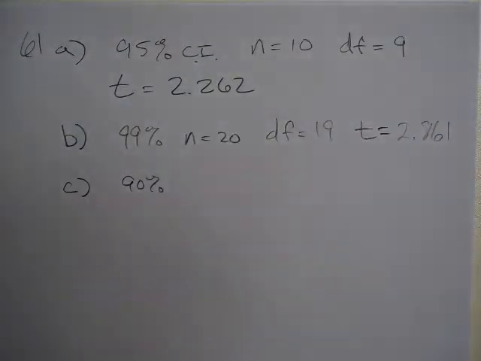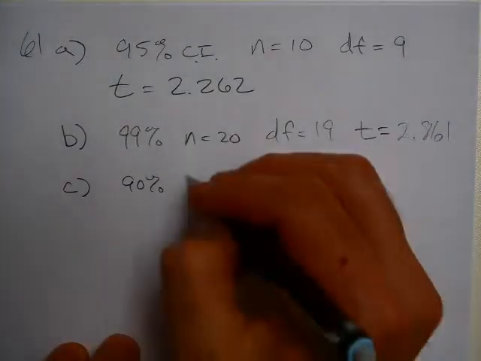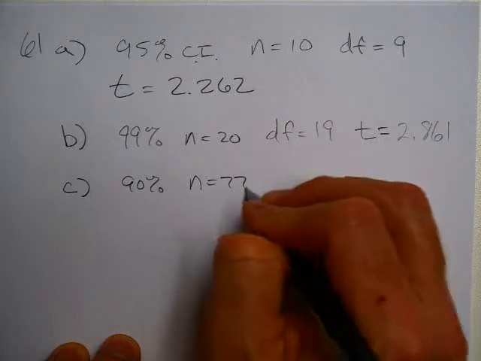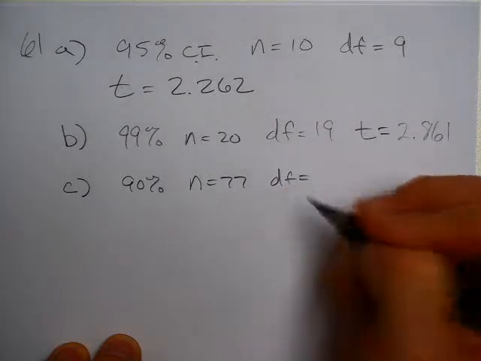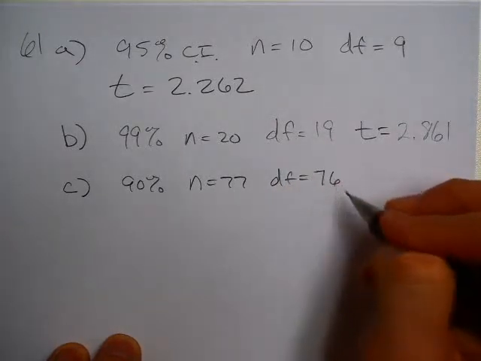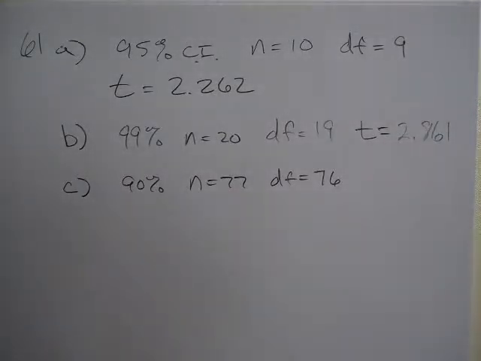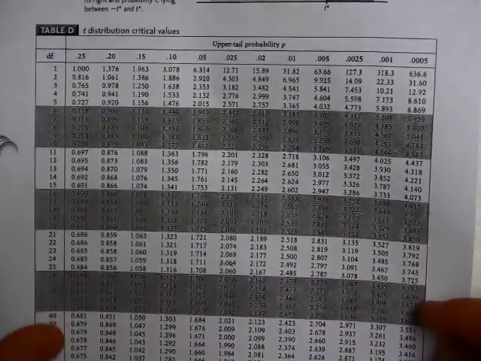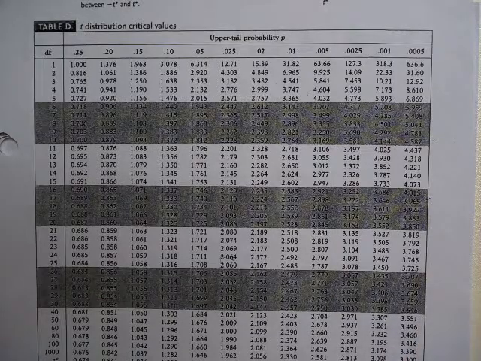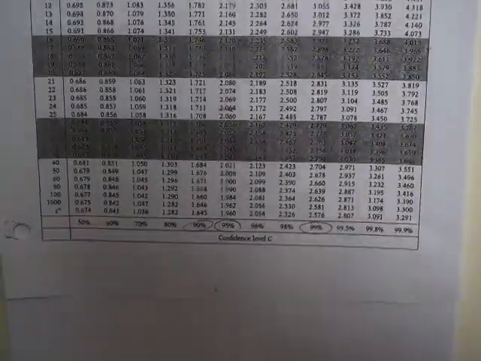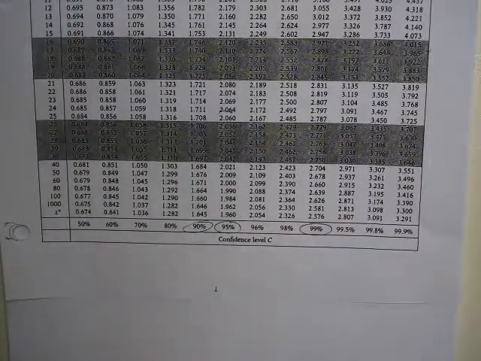I've got a random sample of 77. Degrees of freedom equals 76. Now I got a problem here. On the values, we jump from 60 to 80. So do I use the 80 or do I use the 60? 60. Good. We always round down. It doesn't matter what it is. So in that case, it's going to be